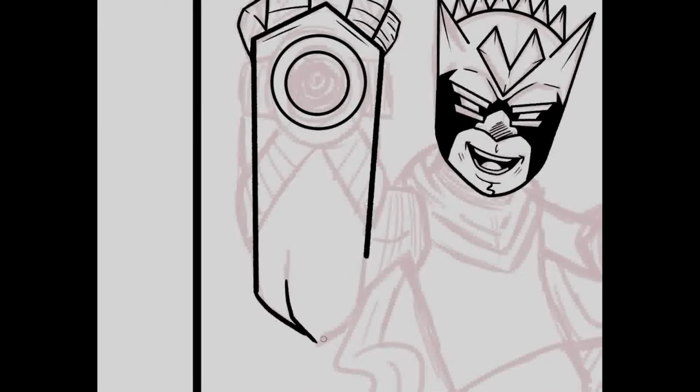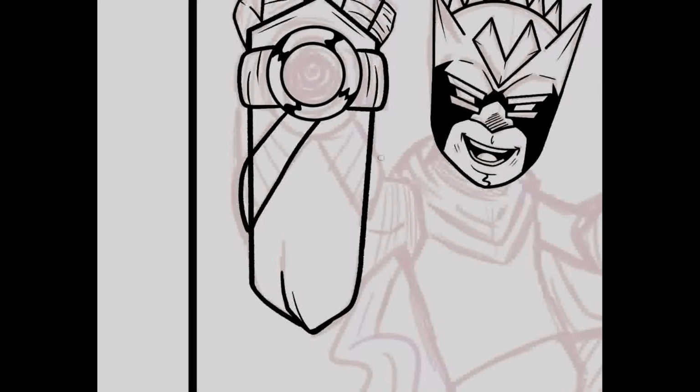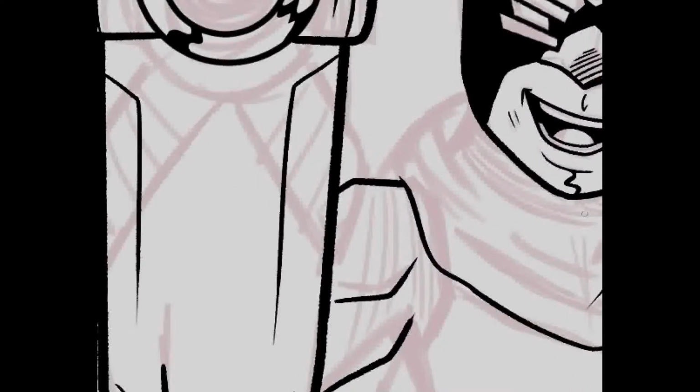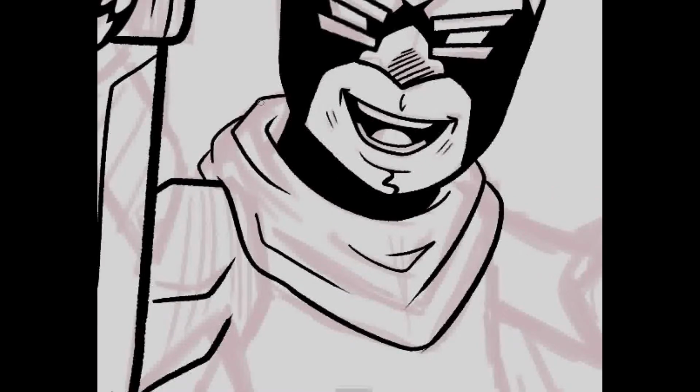So I definitely put in the Omnitrix there, or a version of one. It could be kind of like Stark's little pulsar thing. It could be like energy coming throughout it. I don't know, it's just what I stuck on. It looked kind of cool, so I'm kind of happy with it. I ultimately keep this scarf.